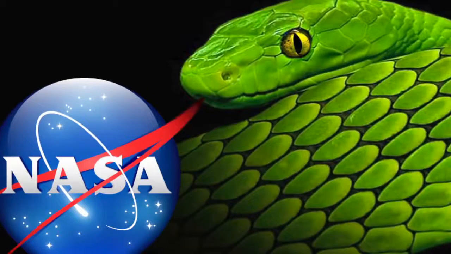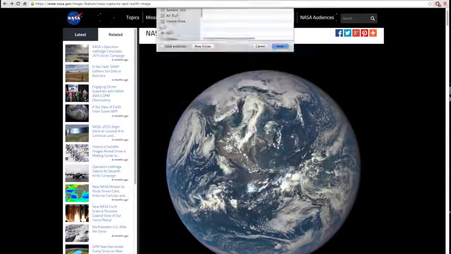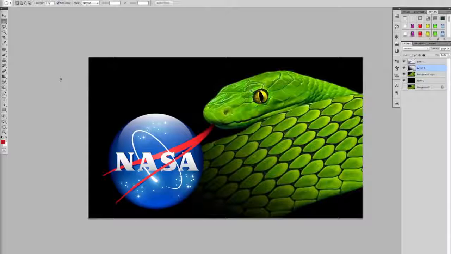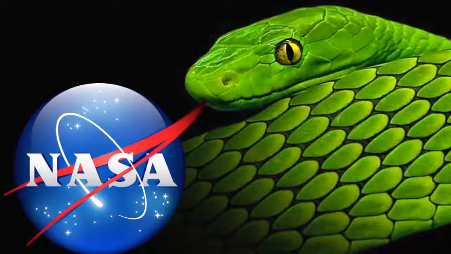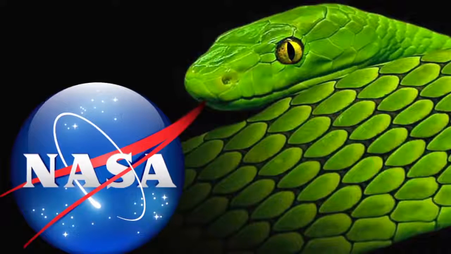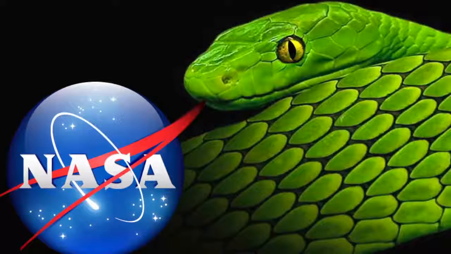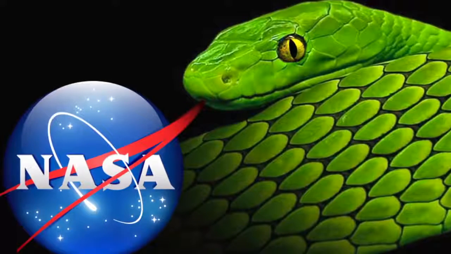So let's get started. Alright, let's go straight to the horse's mouth here and download the image right off of NASA's website, and open it into Photoshop. Okay. Now, one thing that you should know, I'm a professional designer and photographer first. I've been using Photoshop since 2.0, is that 1990-ish? So I know my way around a computer and photo editing software. And I just had to make this video in response to the crap that NASA's been feeding us as scientific proofs for the general